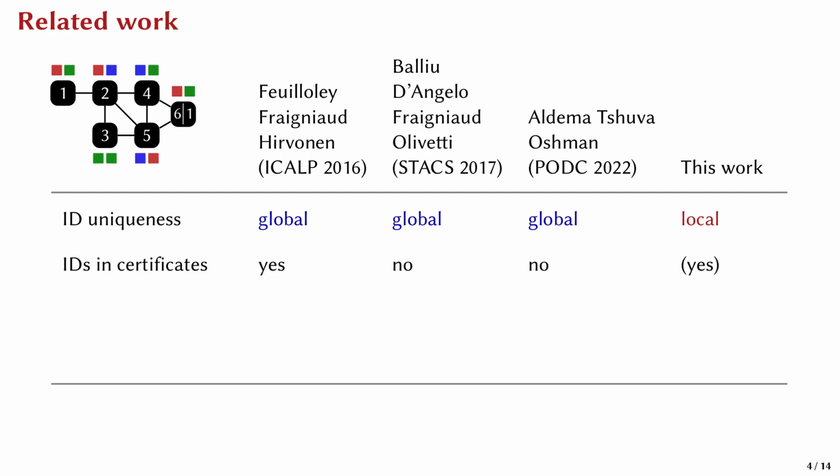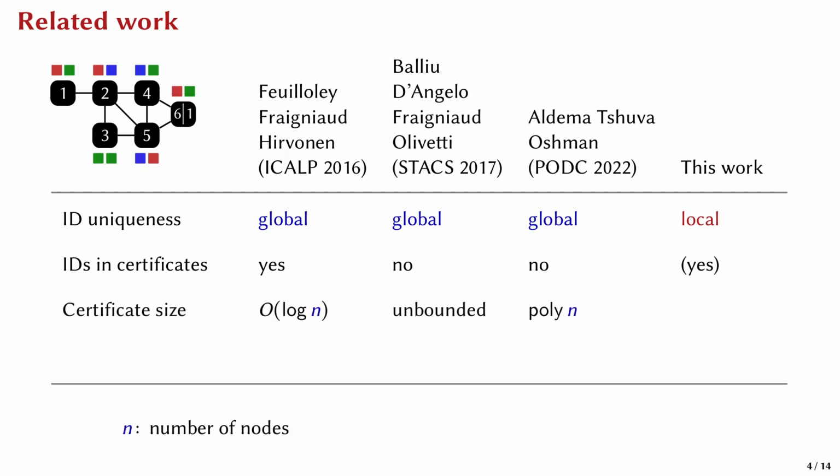So even if Eve and Adam were forbidden to use the existing identifiers, they could simply generate a new set of identifiers and then let the nodes verify that the new identifiers are indeed locally unique. Third, all the previous papers assume that certificate sizes can depend on n, the total number of nodes in the graph. But in order to get Fagin's theorem, I had to consider certificates whose size depends on the amount of information that nodes can see locally.